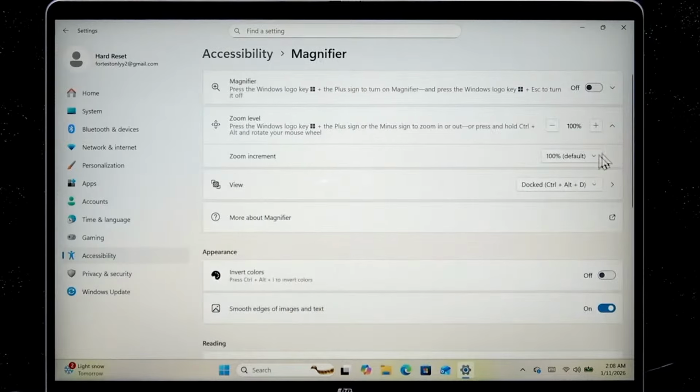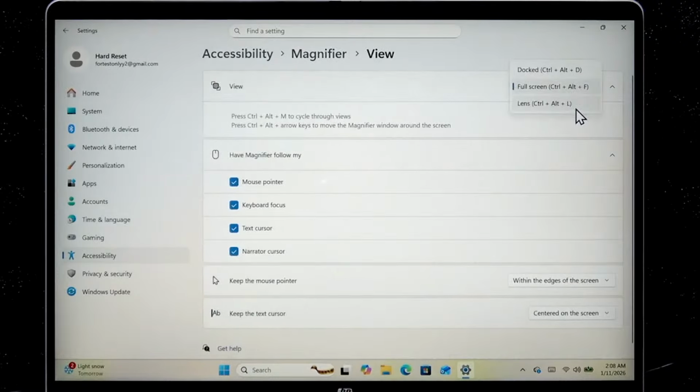For the full screen magnifier, we can actually change them here. I didn't notice it. For the full screen magnifier, we also have the following settings, and we can also choose where we want to keep our mouse pointer and the text cursor. And we have two options for each of them, either centered on the screen or within the edges on the screen. To show you what it looks like,